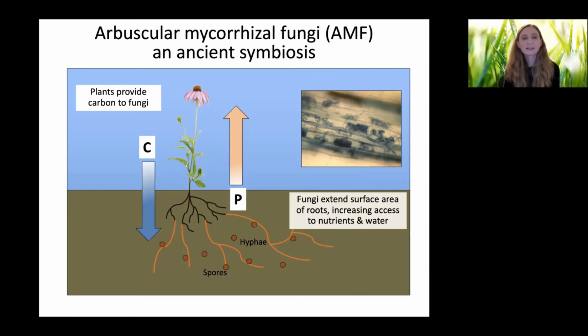One of the things that's interesting about this symbiotic relationship is that the mycorrhizal fungi are completely dependent on a plant host. They get all of their carbon from the plant, which makes them especially vulnerable to disturbance events that impact the plant. For example, if this plant was harvested or eaten by an herbivore, these fungi would have to find a new host right away so that they can continue getting that carbon.